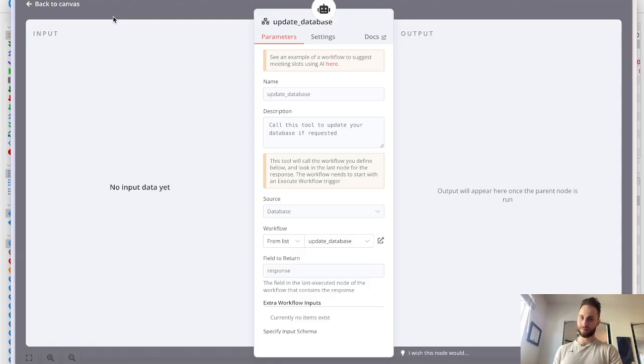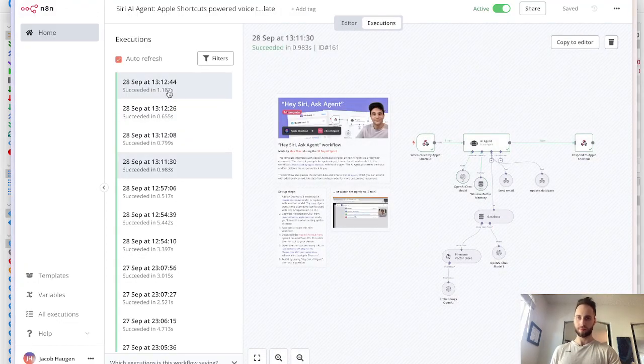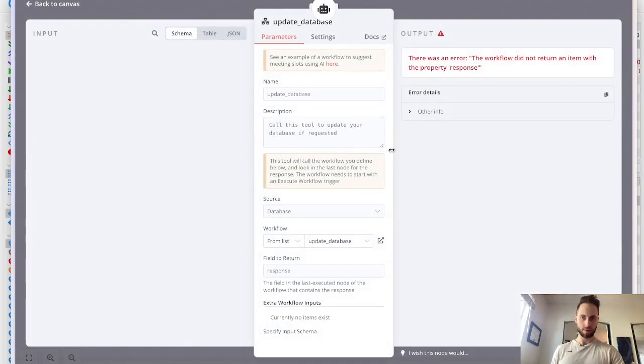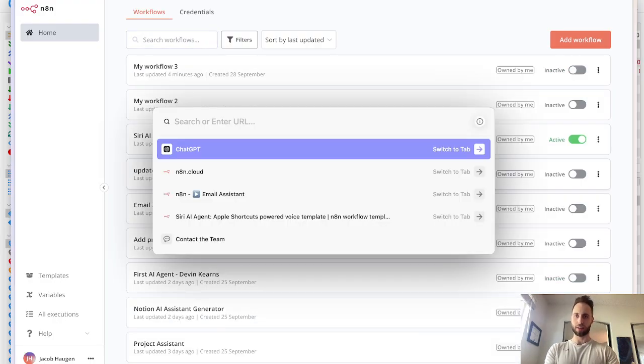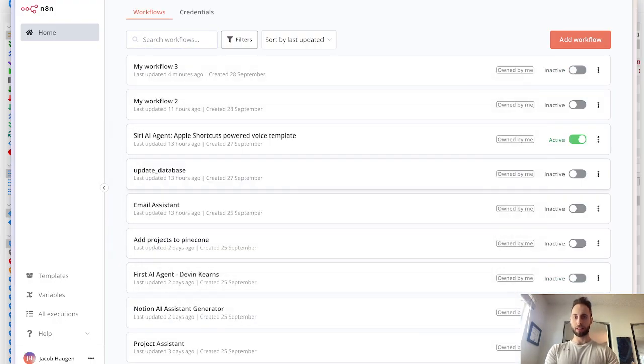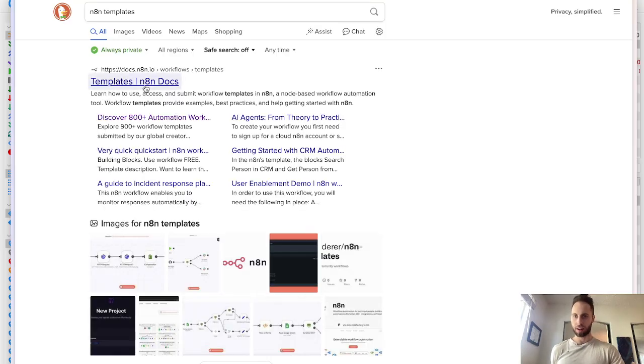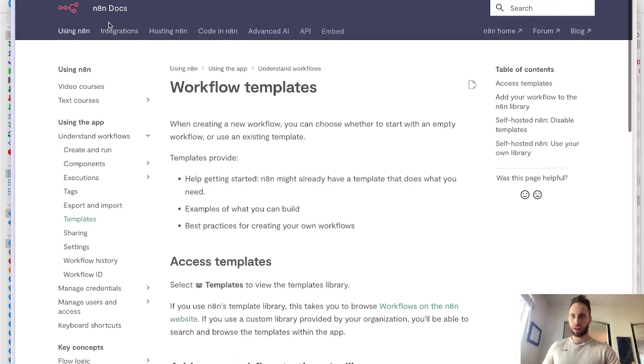There's an error while updating the database. I can't complete this request. Workflow did not return a proper response right here. And we can go back to this one. And you can see it, look, you can add all these tools. So if you go to n8n templates, one second. If I go to n8n templates, you can see right here, here's all of